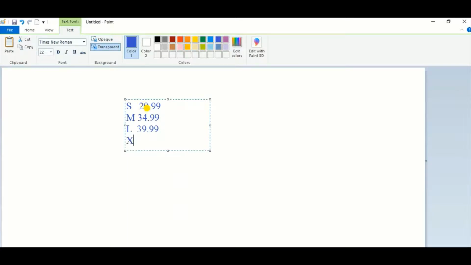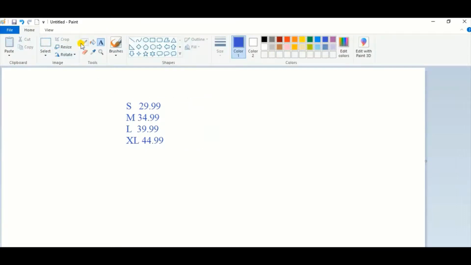And extra large will cost around $44.99. So now the user will enter as input a letter, S, M, L, or XL, to get the output, a price, which is numeric. Let's do this